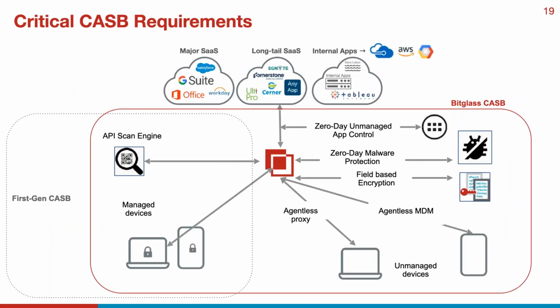So if we recap all the critical capabilities which nowadays arise from an organization, we see the major SaaS apps, we see the long tail SaaS apps, we see the internal SaaS apps, but we also see applications built on AWS, Google, or Azure. All of these is something that BitGlass can protect. That's why we are claiming that multi-mode is the way to go, because you can have any single option within BitGlass. It's not an extra payment, it's all in the system.